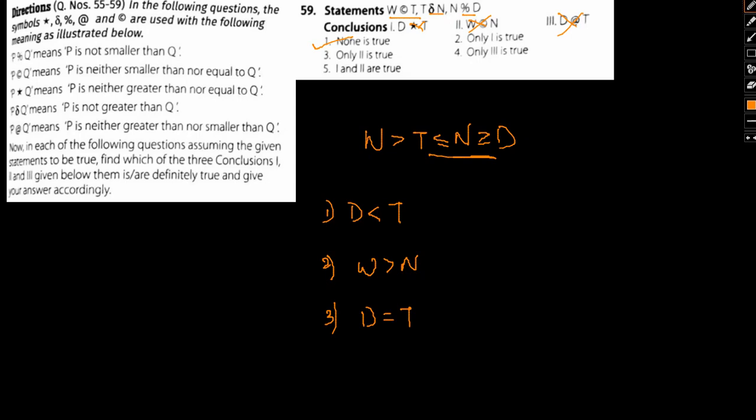So with that said, we've come to the end of the question. So we've discussed 5 questions pertaining to the inequalities and coded inequalities. So I hope this is clear to you. In case you're having any difficulty understanding the same, I suggest you go through the video multiple times so that you can get a clear idea on the approach you've taken for solving the same. And once you understand the approach, try and solve this question on your own, keeping the video as a reference, so that you can get a better idea of the concepts involved.